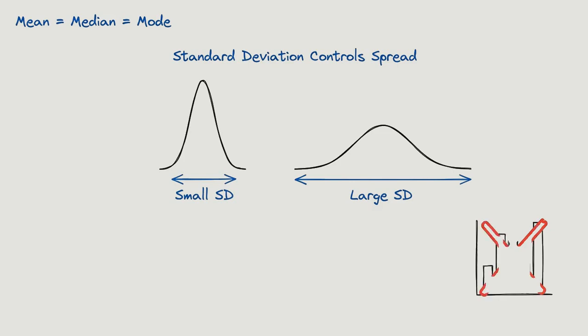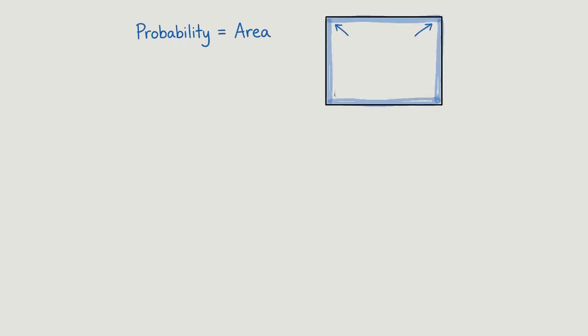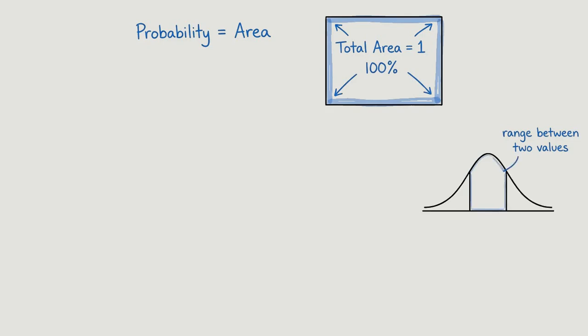The curve itself is not a bar chart, and it's not counting individual data points. Instead, it's a model. The key idea is that probability comes from area under the curve. The entire area adds up to 1, meaning 100% of all possible outcomes. The probability that a value falls within a certain range is found by looking at how much area lies between